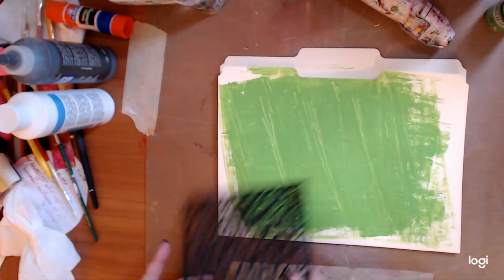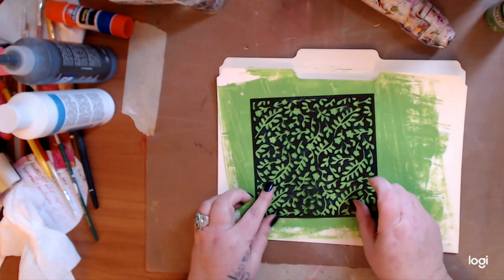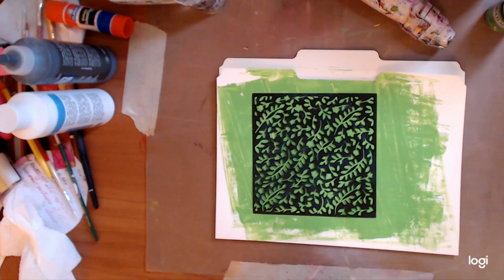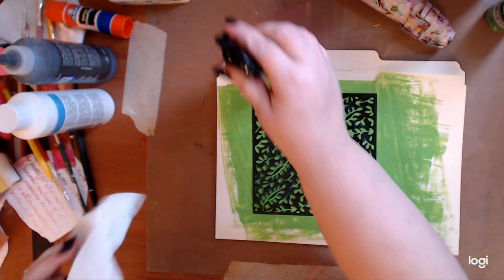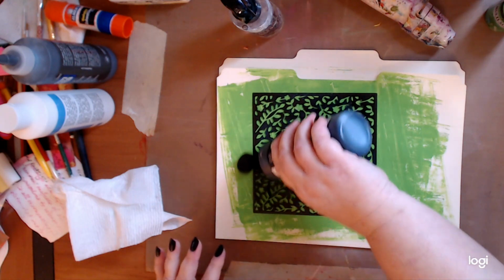So what I did was I took green, obviously, and I put it on the back. And I'm going to take a stencil, whatever kind of stencil you have. The bigger the hole, the better in this case. Anyway, I'm going to take a little bit of black paint